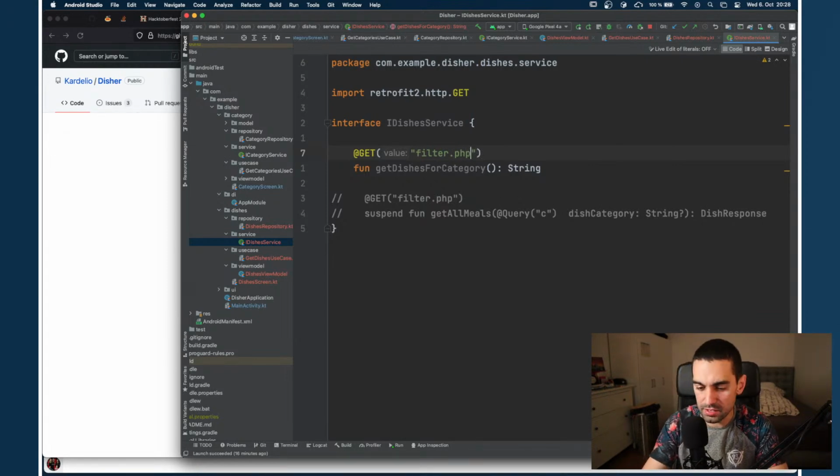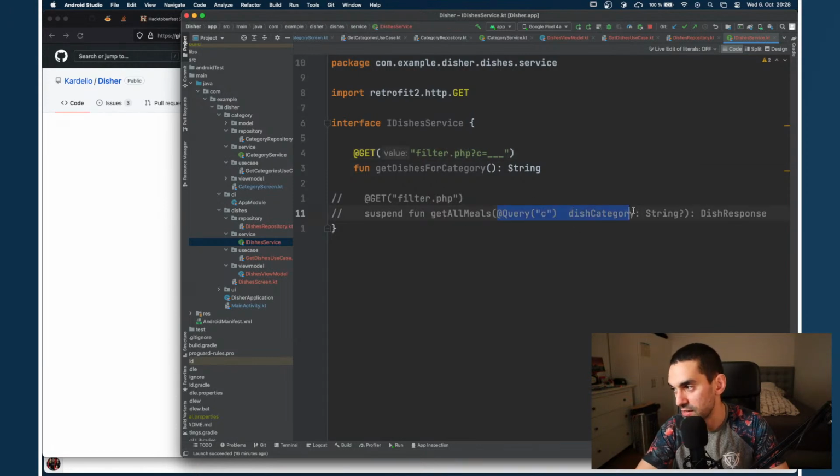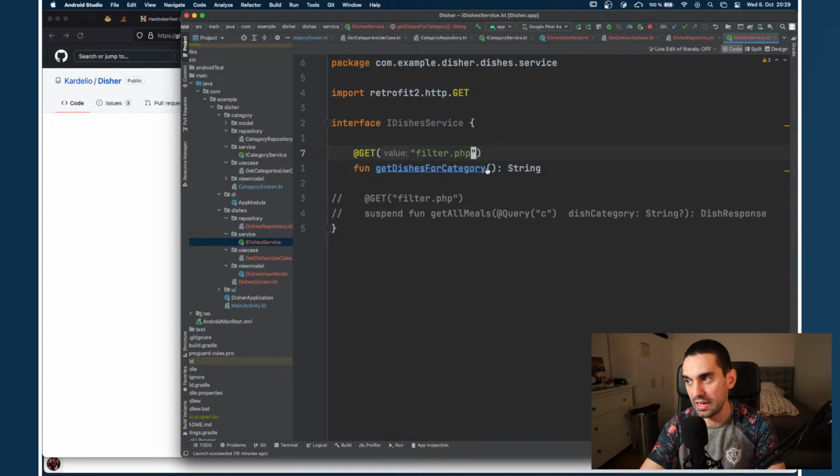We need to add this question mark C and then something here. This is called a query parameter. And Retrofit, you can see here, has a way of passing query parameters into the actual request itself. All we need to do is add a variable here,